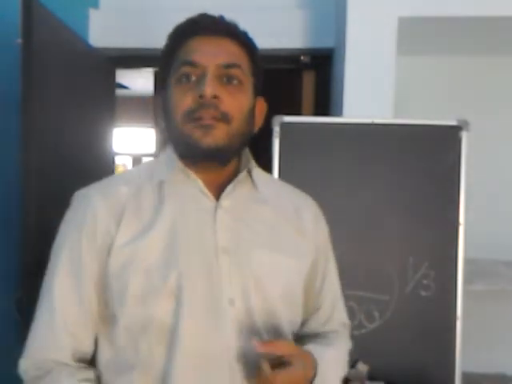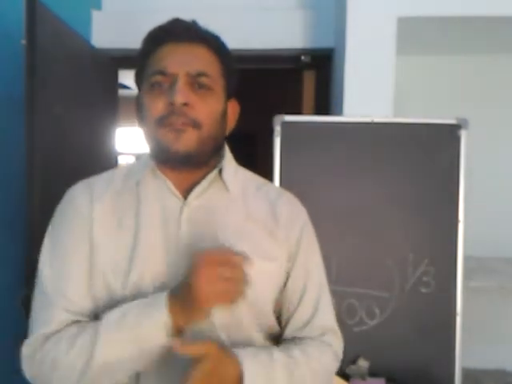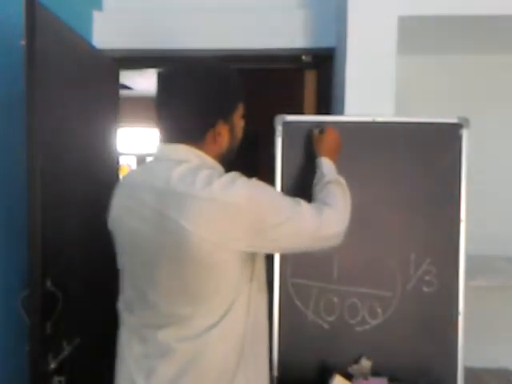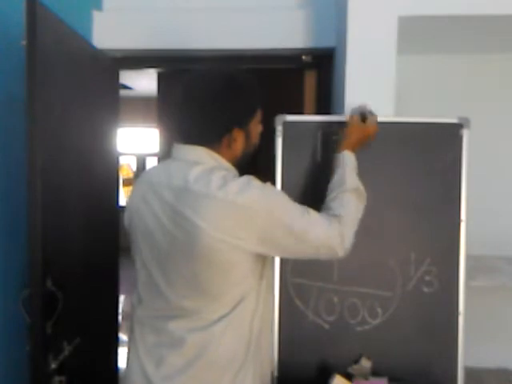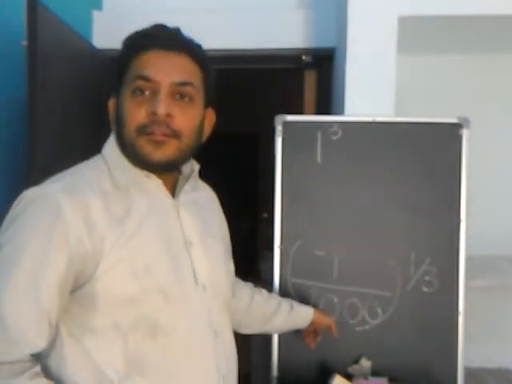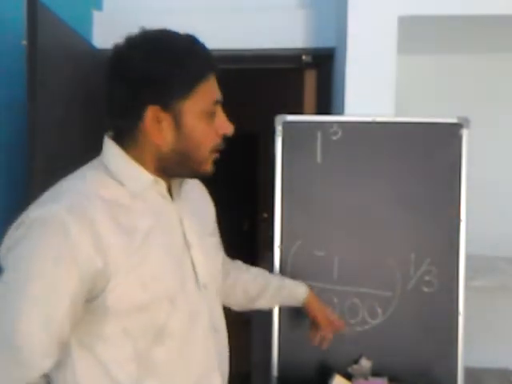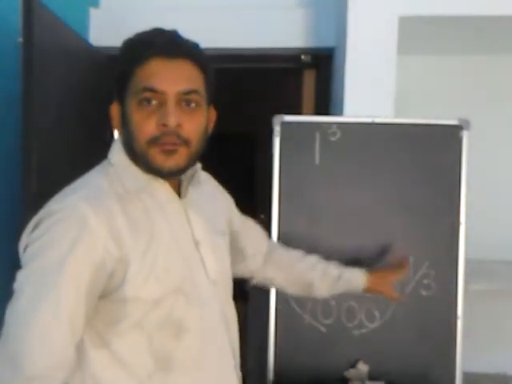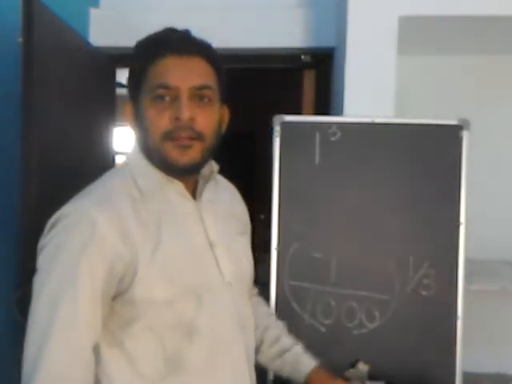One has a beautiful characteristic that it remains one always. You can square it, you can cube it, you can take the square root of it, you can take the cube root of it, you can do anything with it in terms of power. It will remain 1. So 1 can be written in the form of 1 raised to the power 3. Just keep in mind, we are having 1/1000 in the bracket and 1/3 outside the bracket.